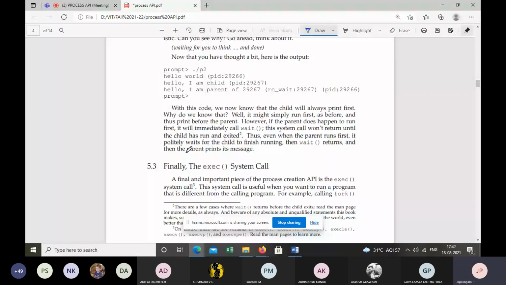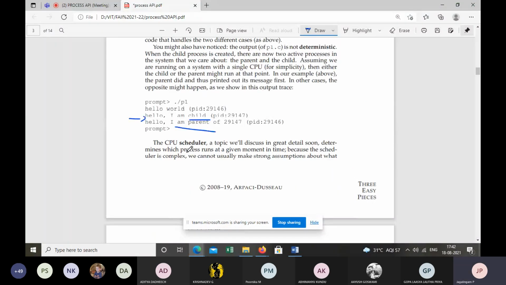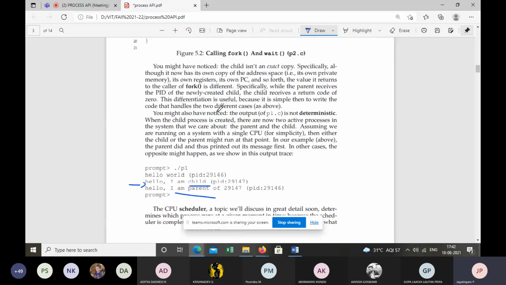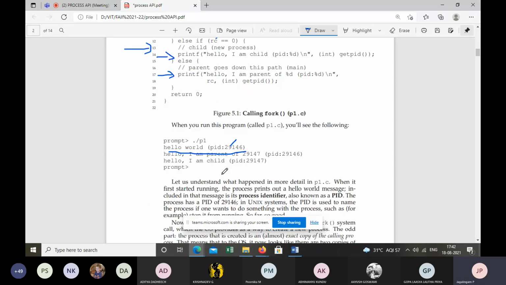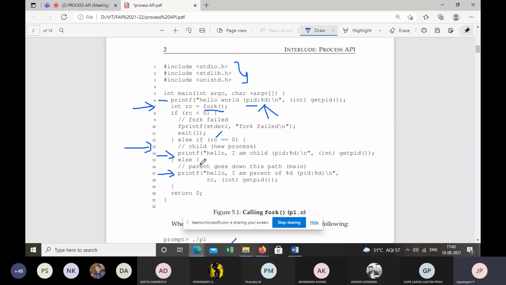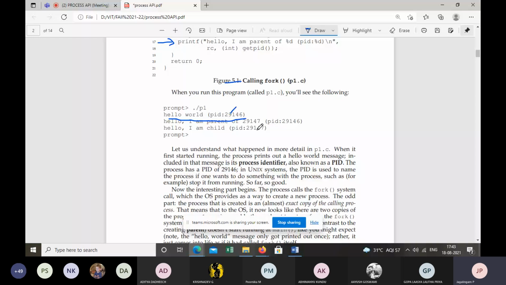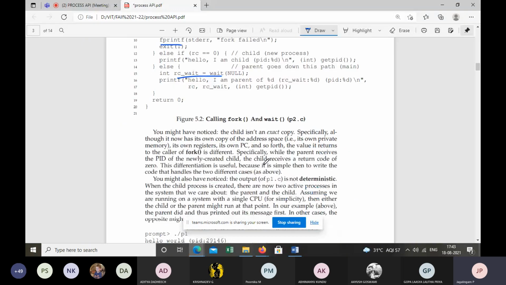So, listen. No, I'm not discussing this code. Here we have used wait, but if you look at the same code in figure 5.1, it will have output like this, or in some cases, you will have output like this.